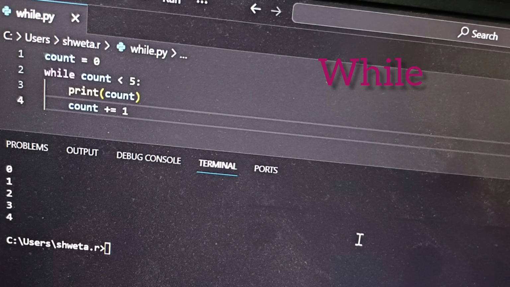Then we have the loop body, which has print(count). This statement prints the current value of count. And then we have count += 1. This increments the value of count by 1. Same as count = count + 1. In the first iteration, the count